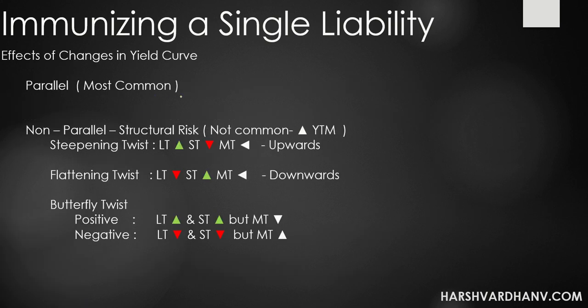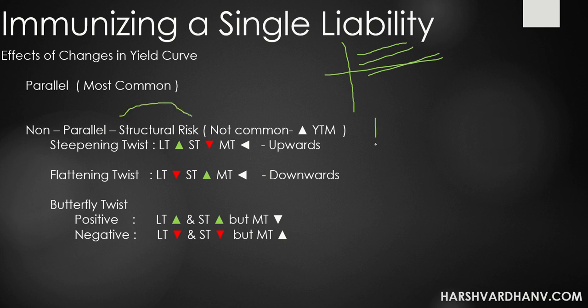So, parallel and non-parallel shifts. There are two types of shifts. Let me take this as a yield curve. A movement over here is a parallel, a movement over here is a parallel. This is not the actual scenario, but yeah, this could be the parallel shift. I'm not covering the parallel shift. It is very simple. It's done in both L1 and L2. So for the parallel shift, the duration is good. Now what we need to understand is the structural risk.